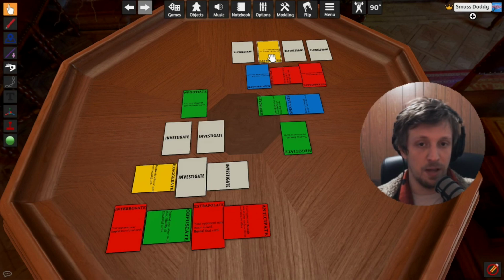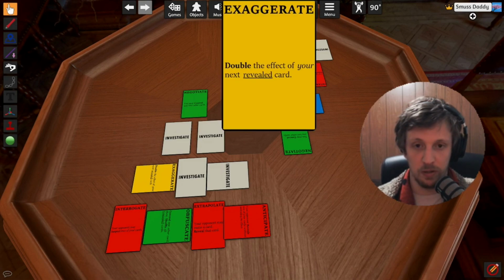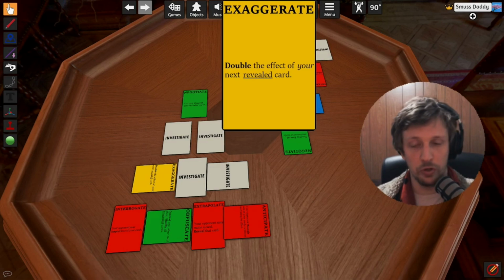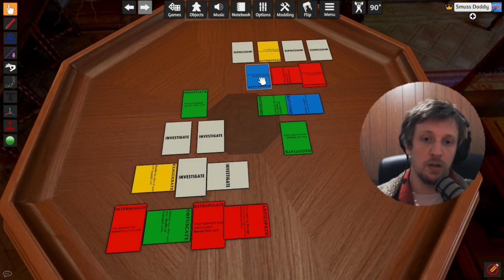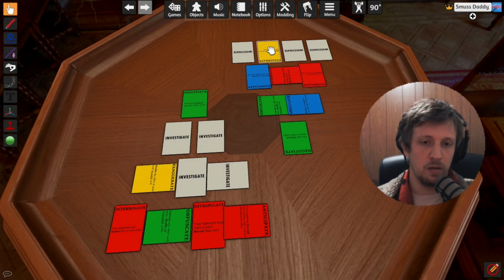Like, instead of double the effect of the next card revealed, double the effect of a card revealed on your next turn, like only on your next turn. But in any case, so I flip that. The opponent's going to pick. I think exaggerates better